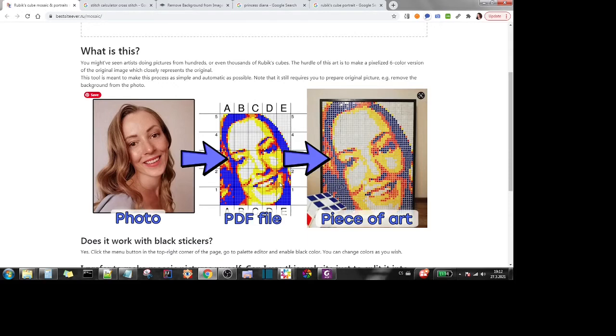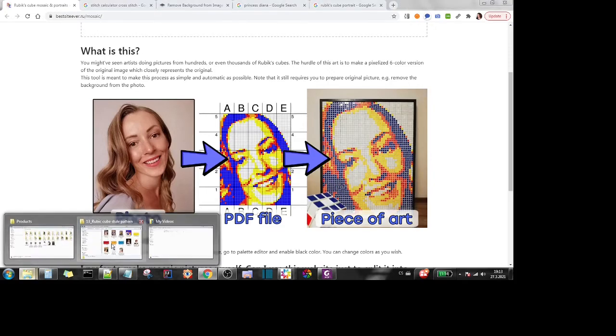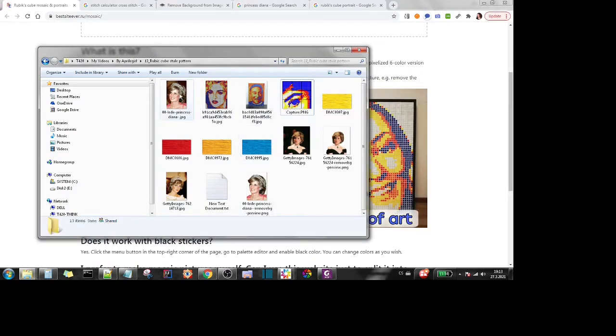I haven't tried a pet portrait or anything like that, but of course you can give it a try, maybe it will work as well. To start with, we need a photo to use, and I've been thinking about which photos I can use, and I decided that I'm going to use a portrait of Lady Diana. This one I have already downloaded. I really like it. It looks very nice. It looks very fresh, young, and I just wanted to try to make this into a Rubik's Cube style cross-stitch